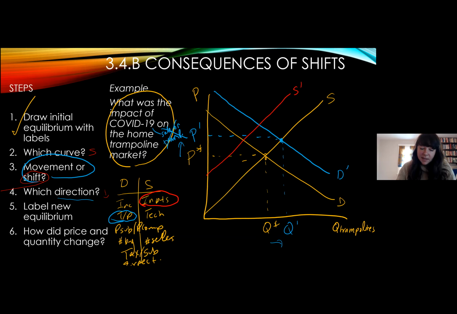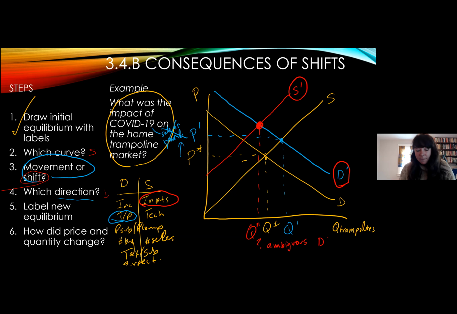So that means, depending on which shift we think was larger, which we know nothing about, right? We don't have formulas for these curves. We're not trying to quantify their impact in terms of size. Whether the blue shift in demand or the red shift in supply was larger will dictate what happens on the quantity axis. But here's our new equilibrium. We're at our new demand curve and our new supply curve. We're at the red equilibrium, not the blue one. So the new quantity is actually what we're going to call ambiguous.